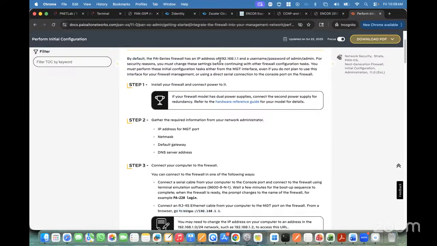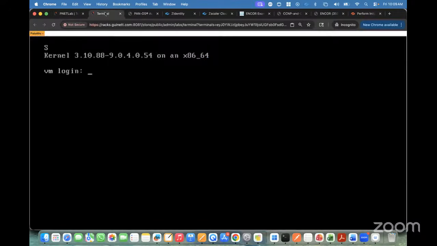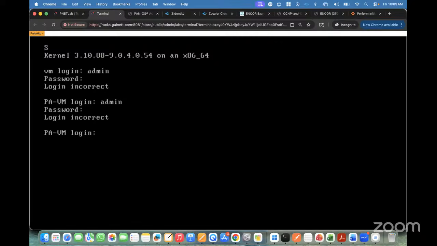But suppose there is no IP address, like in our case, the firewall doesn't have an IP address. The 9.0 doesn't have any IP address. Let me show you. So I'll put admin. The firewall is still not ready. Whenever you start the firewall, it takes 5 to 10 minutes to complete the boot up process. So you just have to wait and then it is going to be ready. Meanwhile, while it's getting ready,